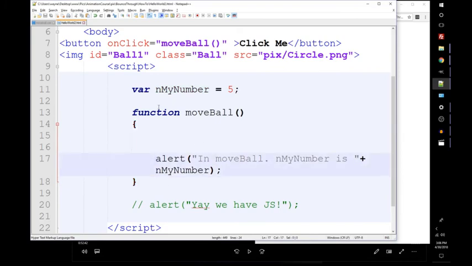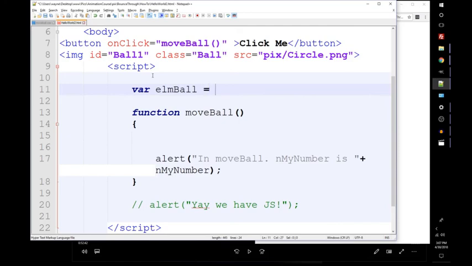Okay, so that's one type of variable. Well, that's not really what we want to do here. So instead, we're going to create a variable var, and now we need to name it. And I'm going to use Hungarian camel case, so I need an abbreviation for the type. And in this case, it's an object, but it's an object that represents the element on the page. Remember that we have different elements. We have a button element here, and we have an image element. This is the element we want. So I'm going to say elm ball,